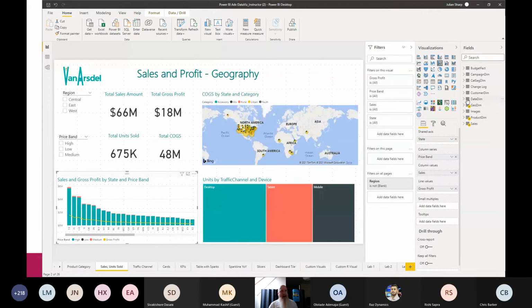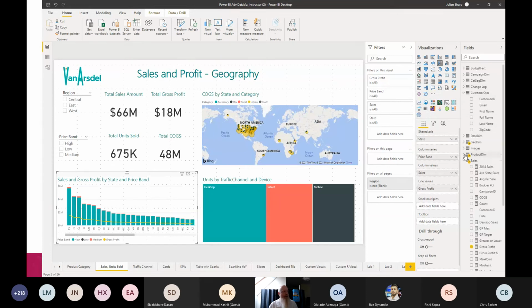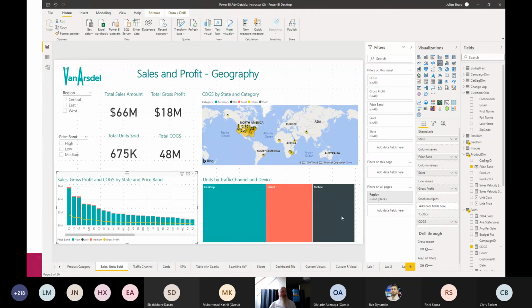So I can show maybe some extra information. So maybe let's put the, I don't know, sales by product by profit. I'm just going to see if this works. So I'm going to stick the cost of goods sold in here. So now if I hover over it, it now pops up in there.